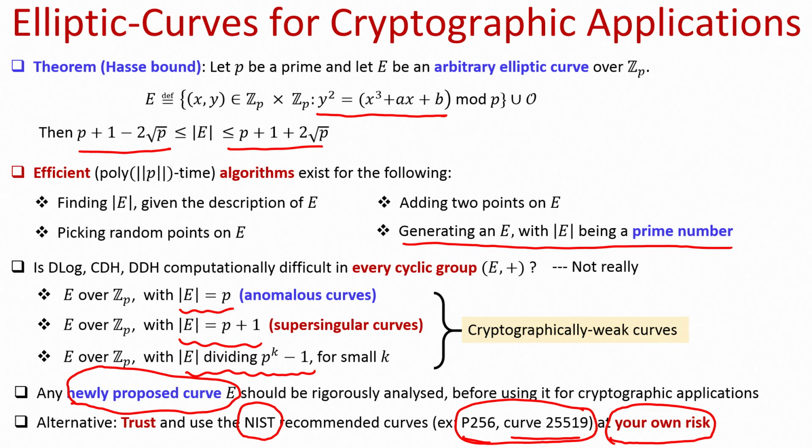So, that brings me to the end of this lecture. Just to summarize, in this lecture we have introduced the second class of cyclic groups where we believe the D-log, CDH and DDH problems to be difficult, namely the cyclic groups based on elliptic curves modulo prime. The advantage of these groups compared to the cyclic groups Z_P star, that is multiplicative modulo P, is that here the best known algorithm for solving the D-log problem is of order 2 to the power n by 2.